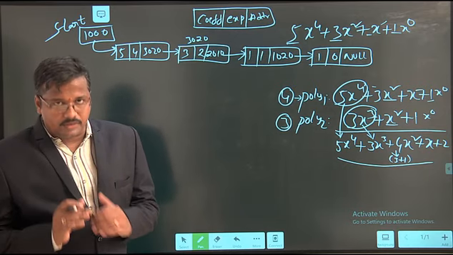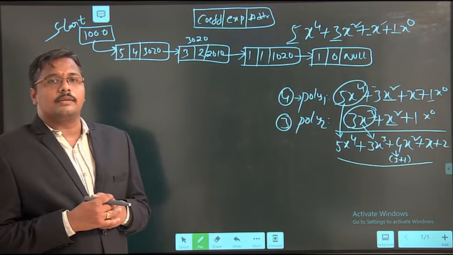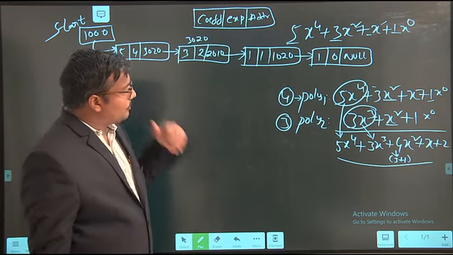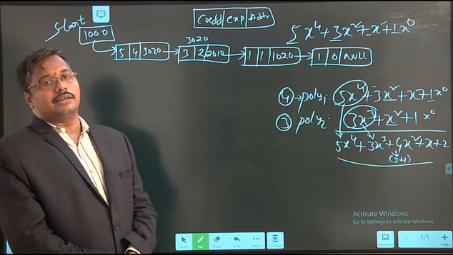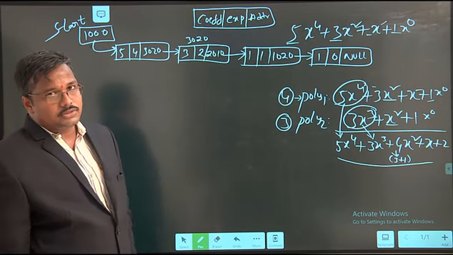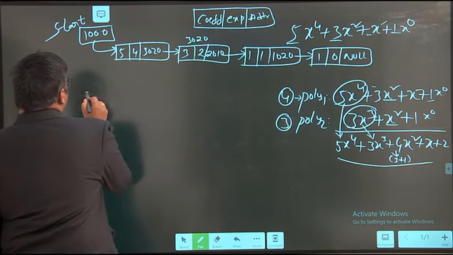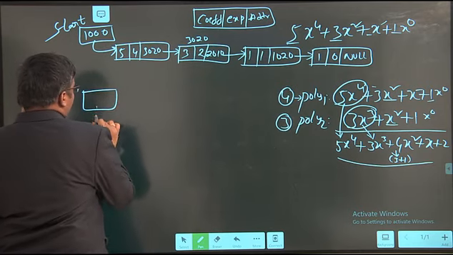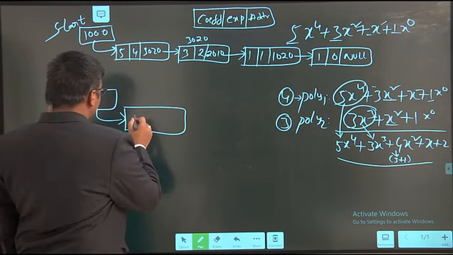How we perform the same kind of operation on a linked list, we want to see right now. So, how to represent this polynomial? I am not assuming the addresses, I am just giving the outside representation.